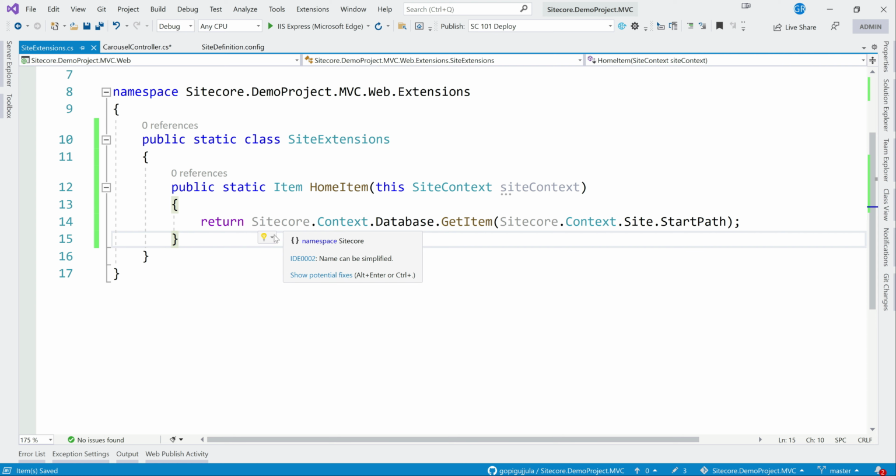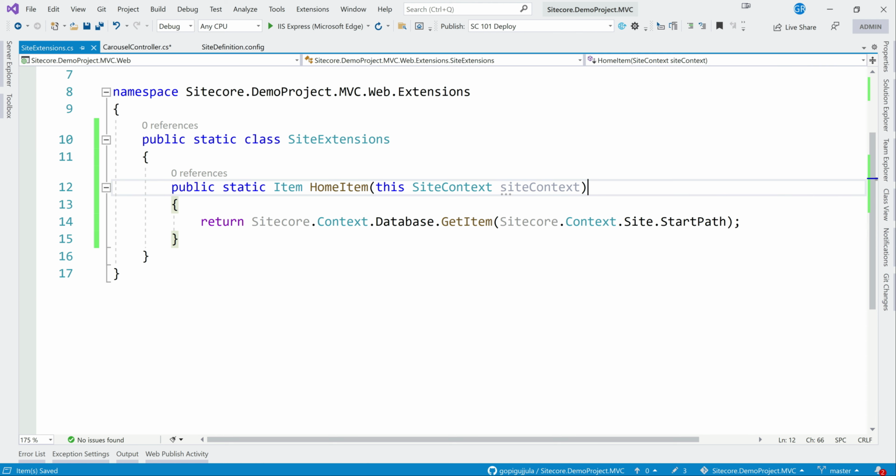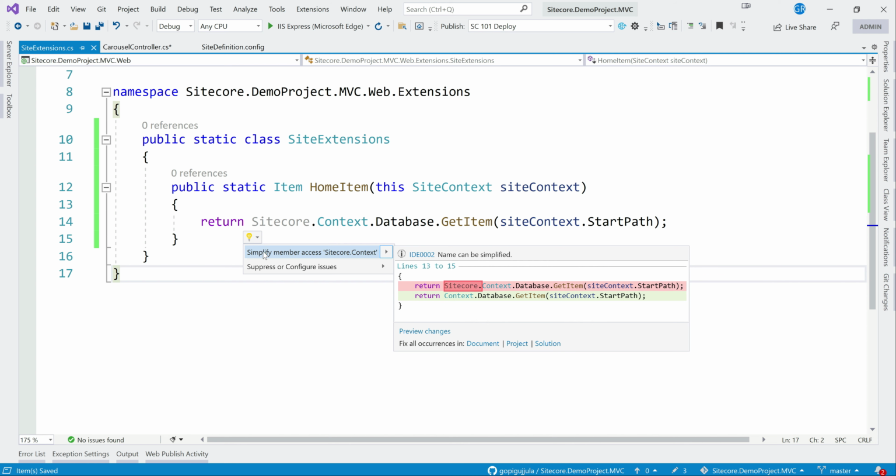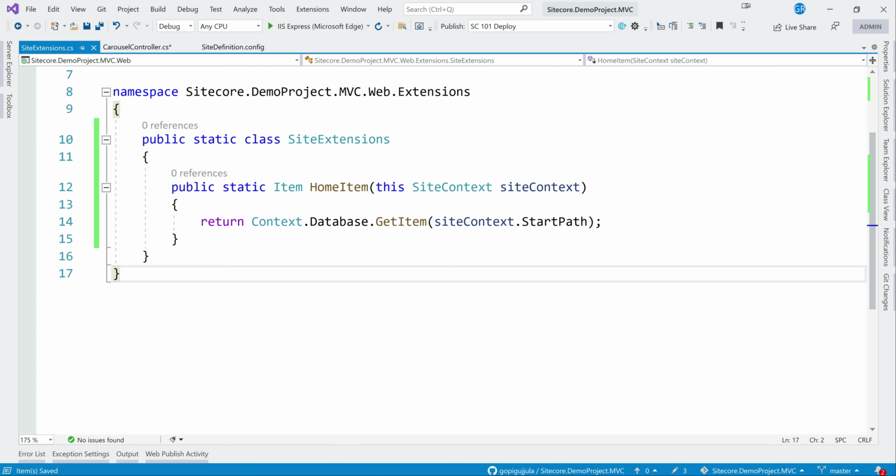Sorry, this SiteContext, so I can resolve the namespace. All we do is create one SiteExtensions, pass the site context and get the home item.